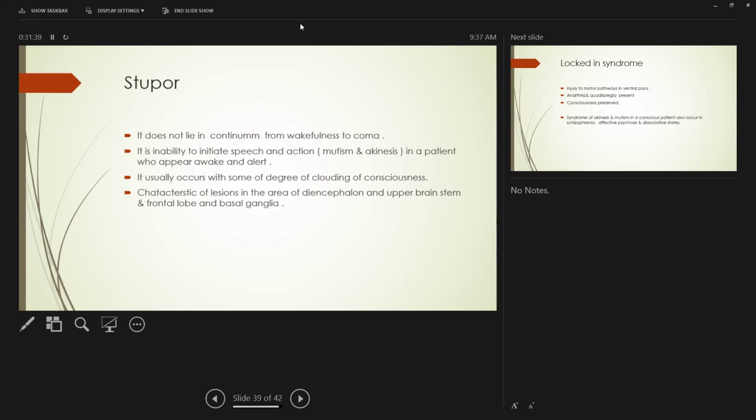Stupor is difficult because the patient is just unresponsive. It can be dissociative, it can be catatonia, it can be that the patient has encephalitis, or let's say just comatose. So you have to differentiate. Cross-sectional examination is not